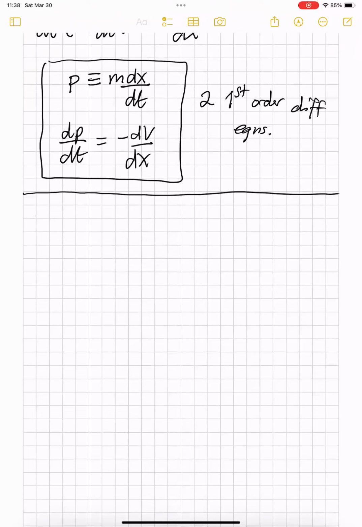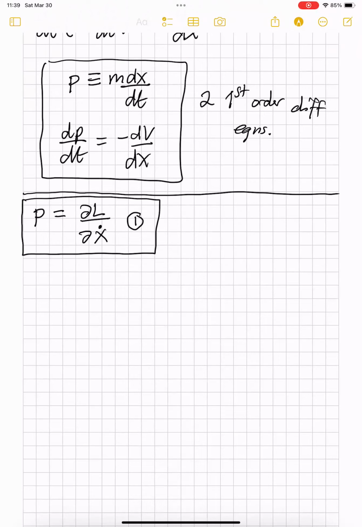So first of all, we need to define what we mean by p. We're not going to say that it's m x dot. We'll say that p is equal to dL/dx dot. And this is our first important equation. So let's number it as 1, and we'll give it a box. Okay. We say that p is the momentum conjugate to x. So if somebody tells you to work out what is the momentum conjugate to x, you just calculate